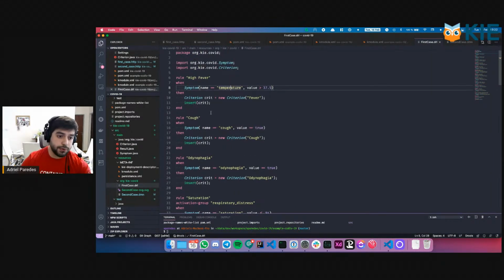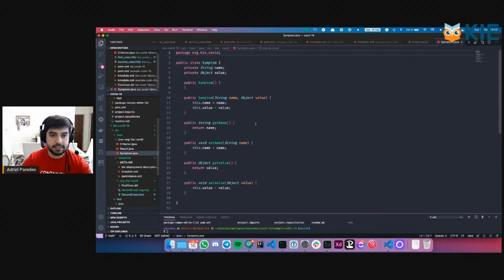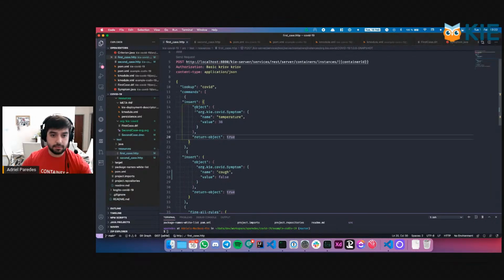This symptom is actually a very simple object, a key-value object that contains a name and a value. So we can insert symptoms this way. Okay, so I'm inserting this symptom that has a temperature and a value of 38,